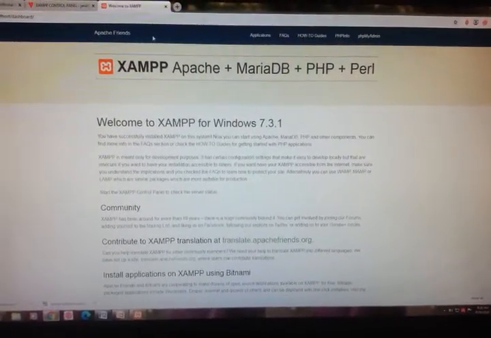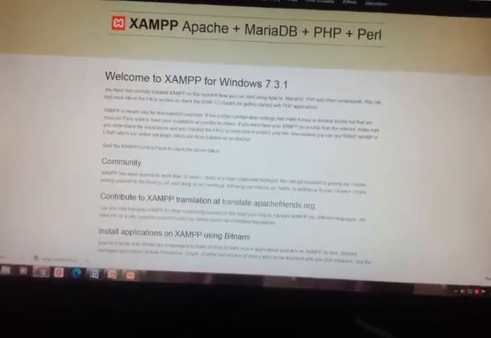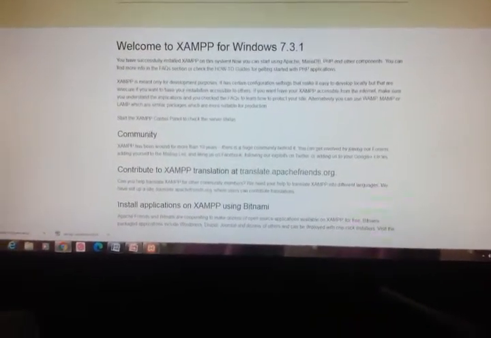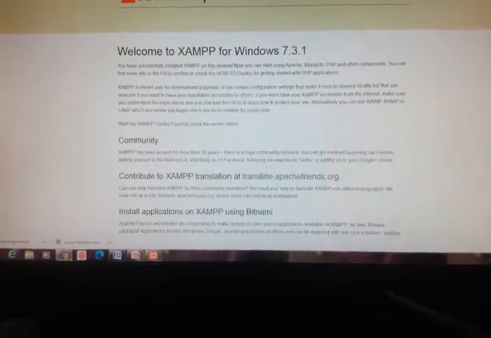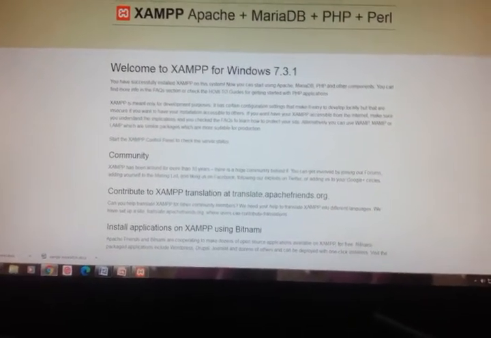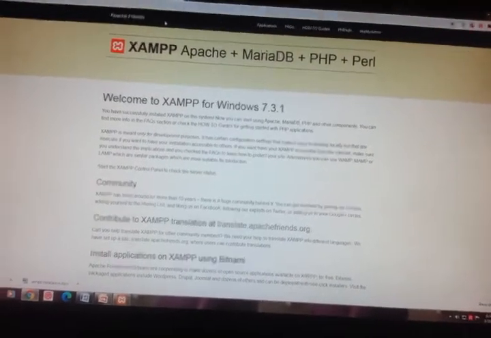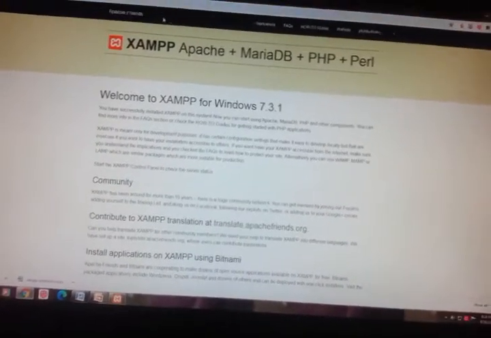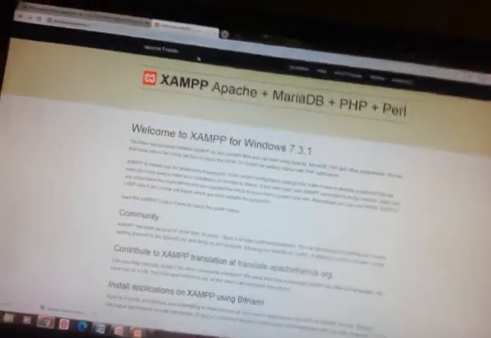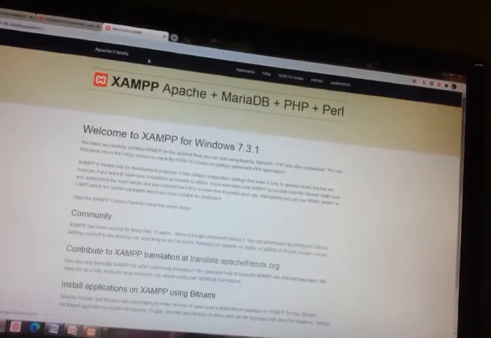Welcome to XAMPP for Windows 7.3.1. So that means if you are getting this particular page, it means that your XAMPP package is ready. Now you can do your server side scripting language programs.